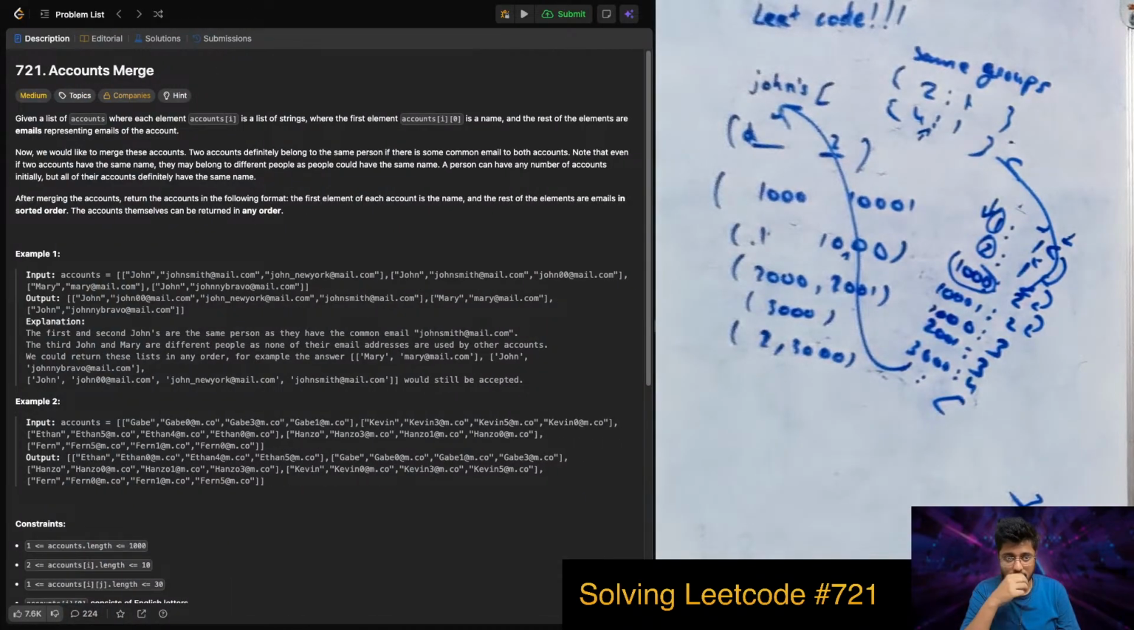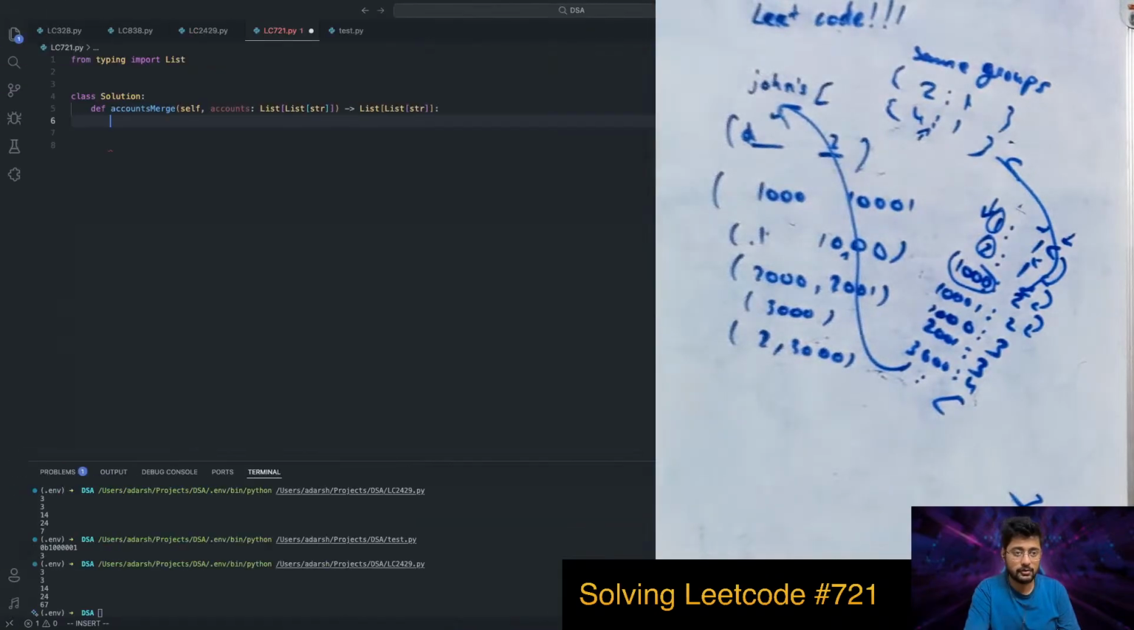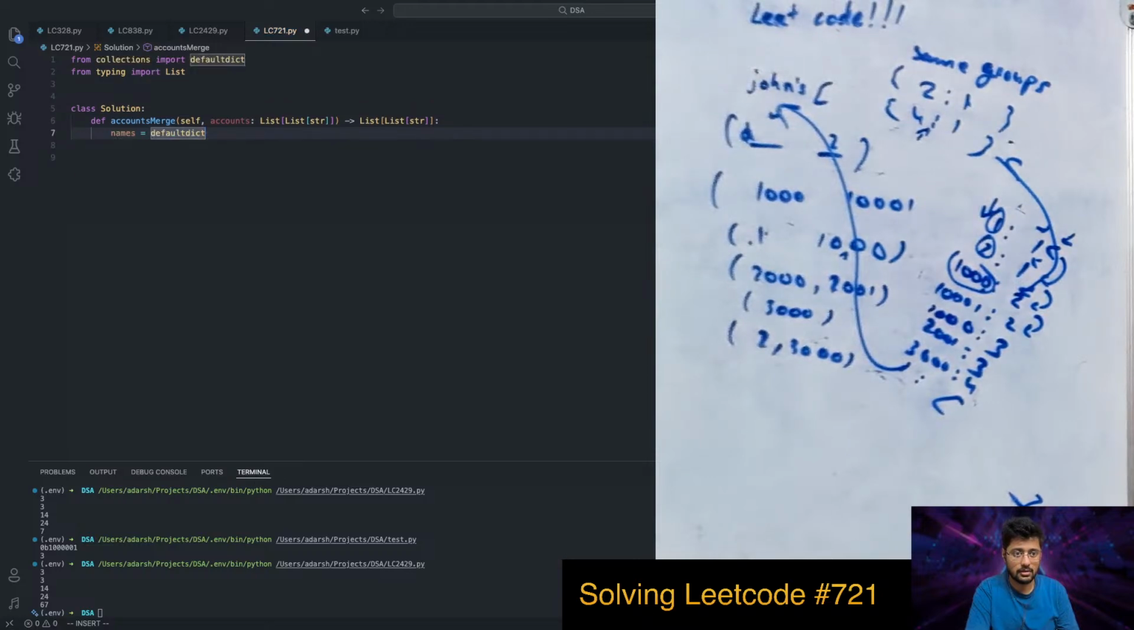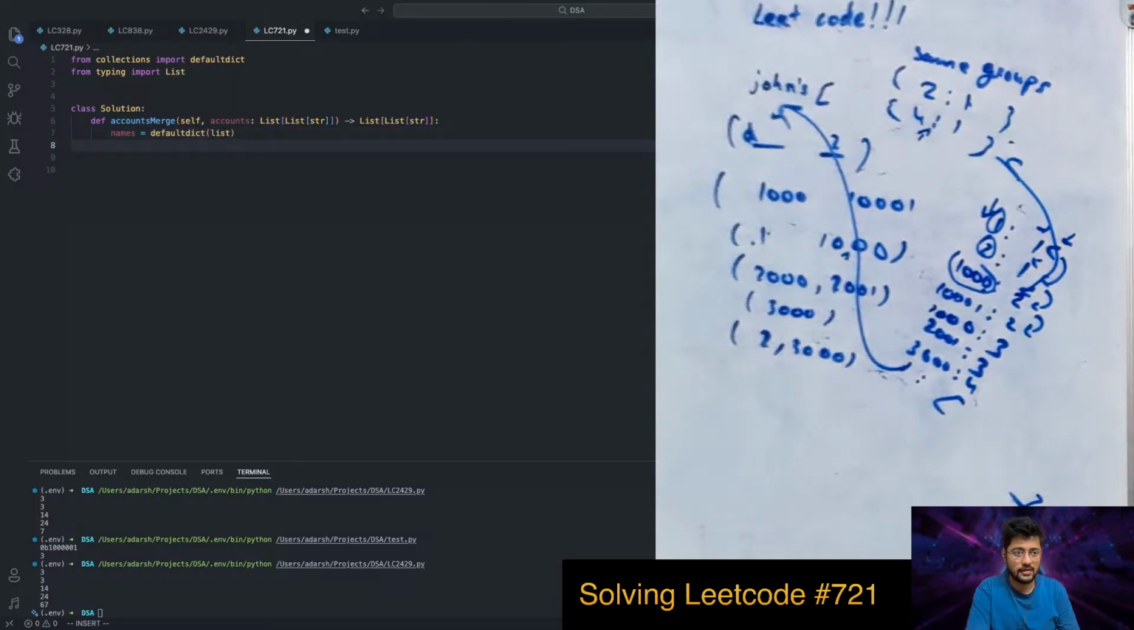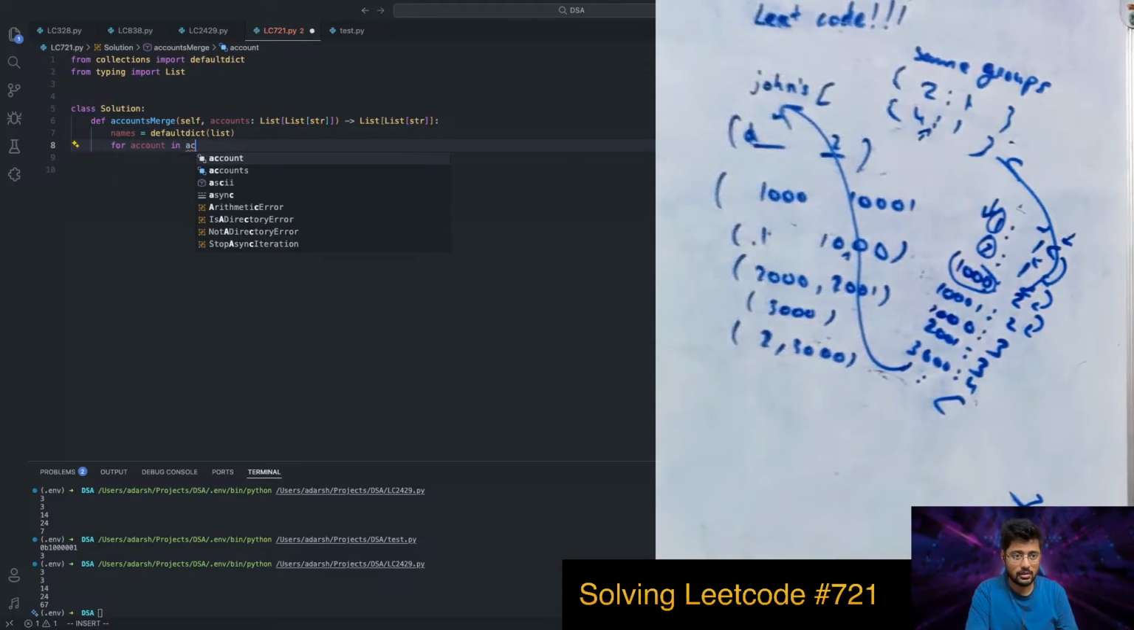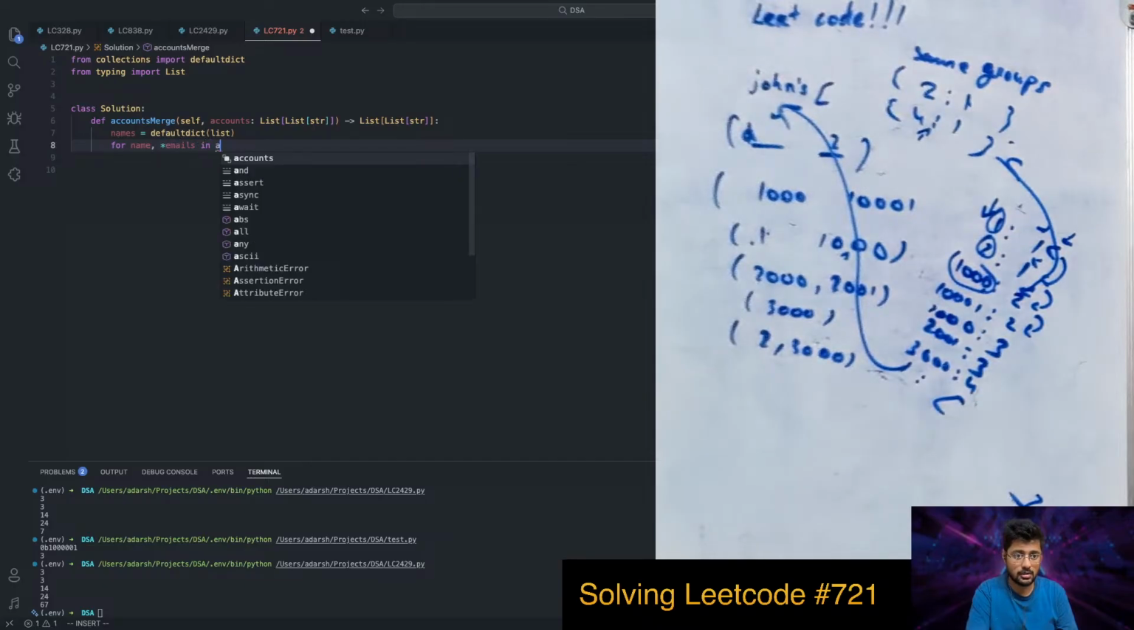So the format that we're given is in. Firstly, we will have names as a dictionary. And let's make it a default type just to make our life easier. And we'll define this a list of accounts. We can do for name, comma, star emails in accounts. This collects all the emails in just emails, and then we can simply do,